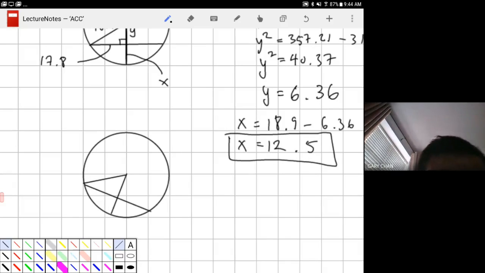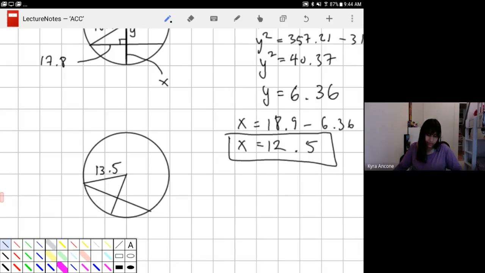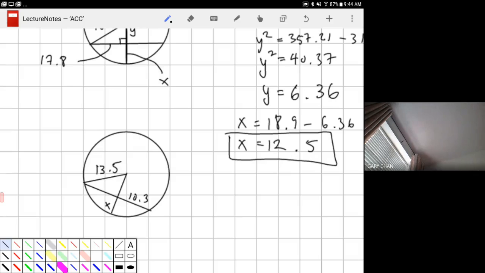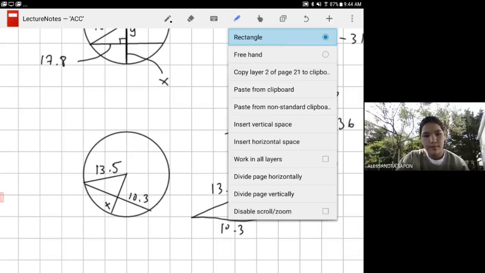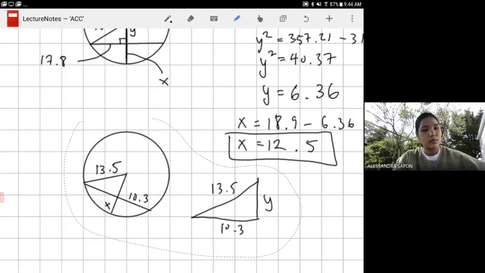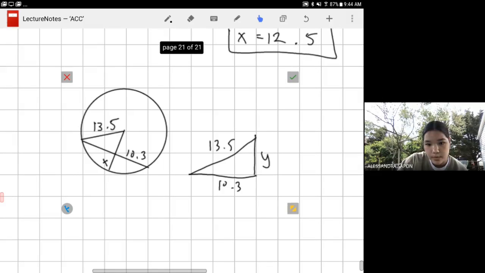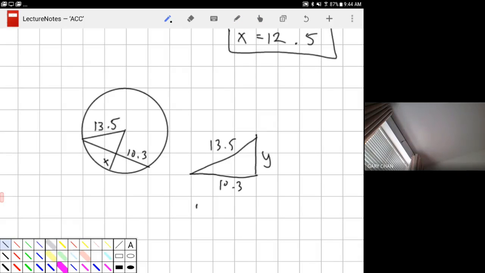Okay, so they're giving you this 13.5, 10.3, and you need to know what x is, right? So you're dealing with, again, a right triangle where this is 10.3, this is 13.5. We need to find out what y is. So if I do y squared plus 10.3 squared is equal to 13.5 squared,